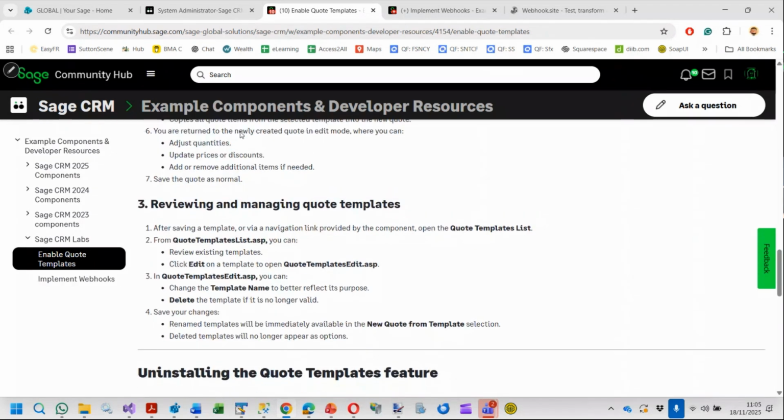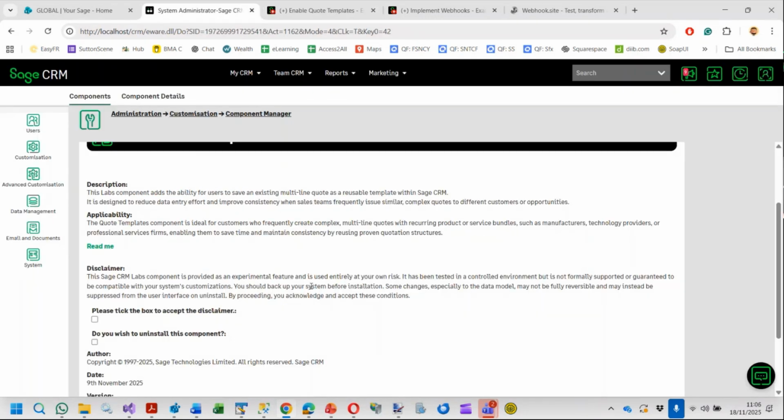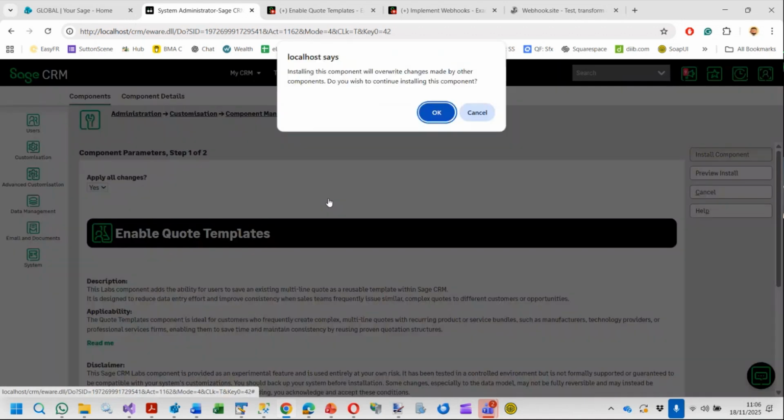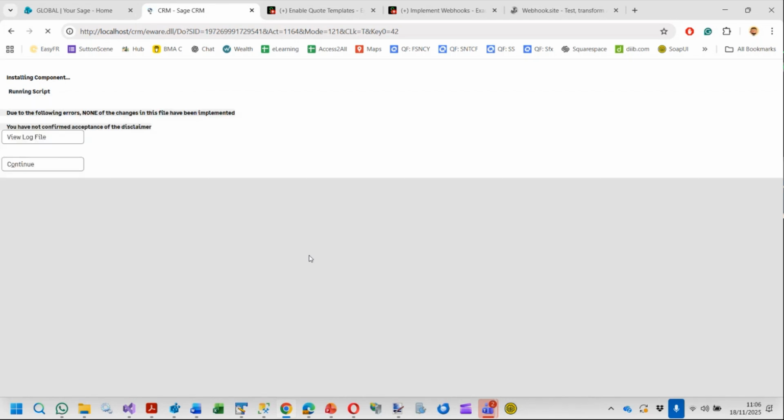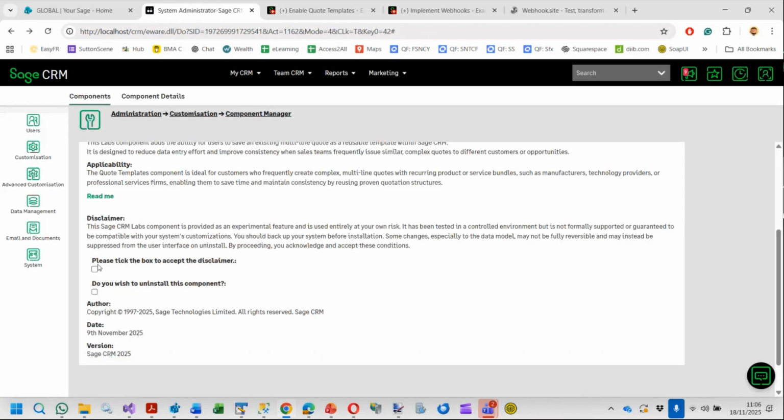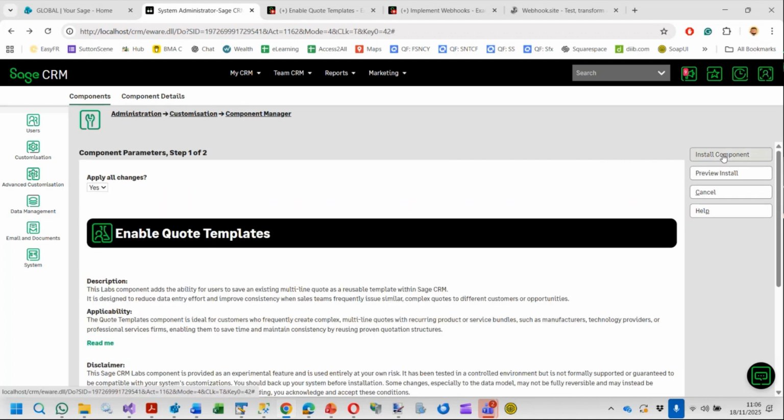So if I return back into this user screen, to be able to implement the component, you must check the disclaimer box. If you don't do that, what you'll find is that the component will attempt to run, and then it will simply tell you that you've not actually accepted the disclaimer. So there we are. Due to the following errors, none of the changes in this file have been implemented. You have not confirmed acceptance of the disclaimer. So if I go back and select that disclaimer, it will now run, install the component,